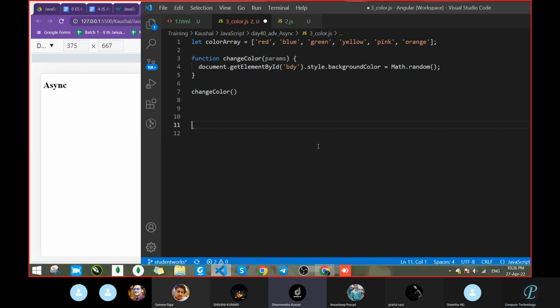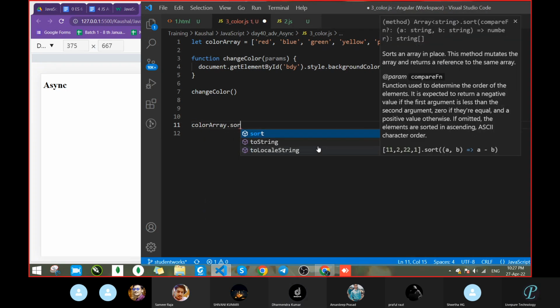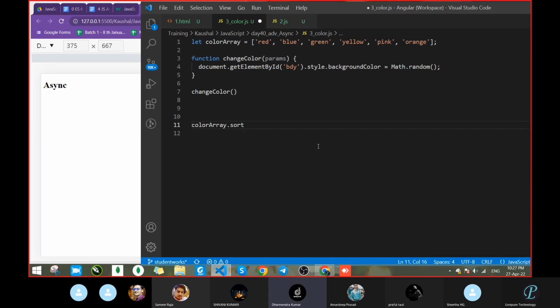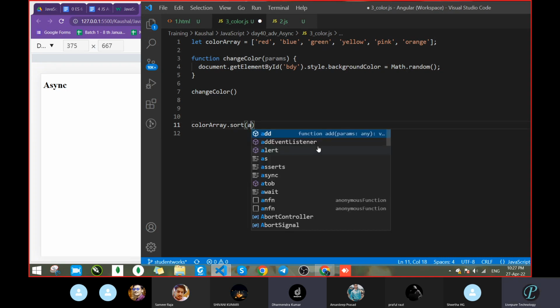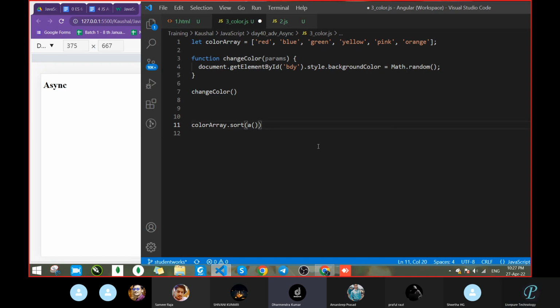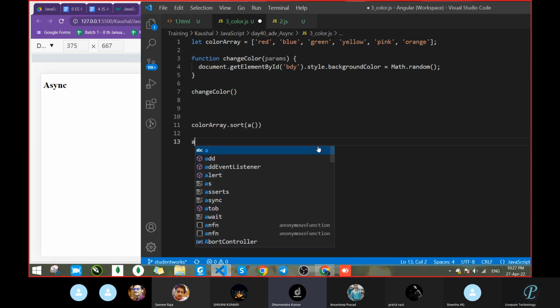Okay, call one function inside the sort. Color array dot sort. Inside the parenthesis we pass one function, function name, any name. Okay, fine, and make parenthesis. After that we call a function a.